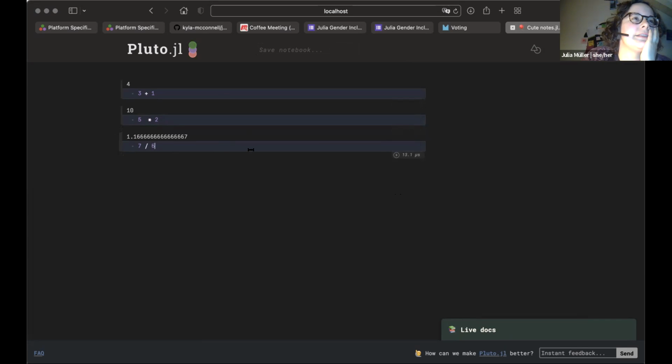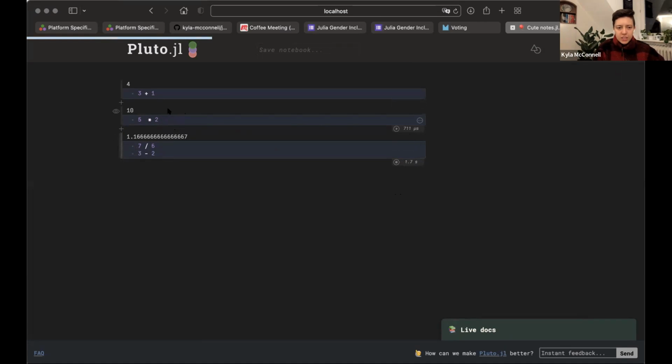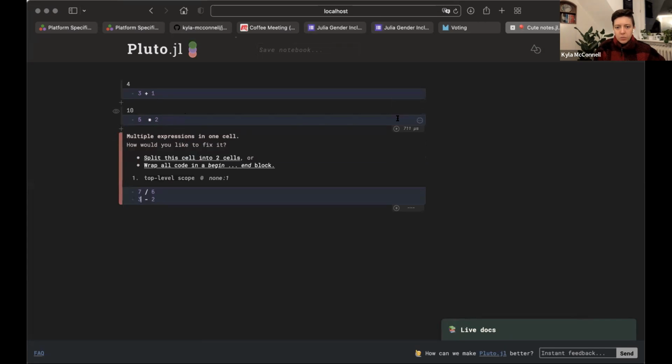If you try to add a line in the same code block, it'll complain and it'll actually help you resolve it, right? So if you do this and then try to run that. And so I'm running this by pressing Shift Enter, or you can click this little play button. Yes, that's how it works.